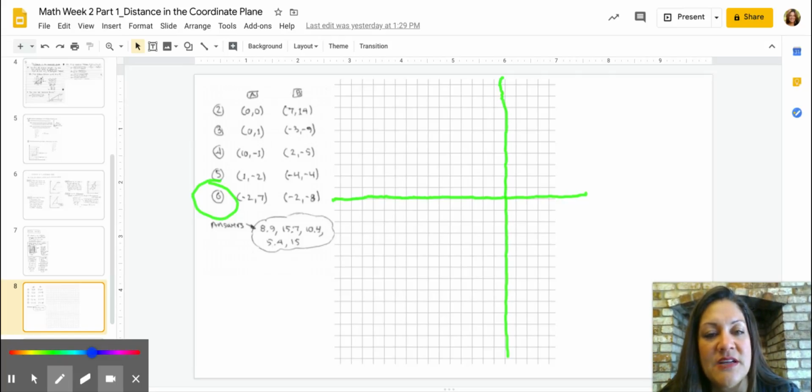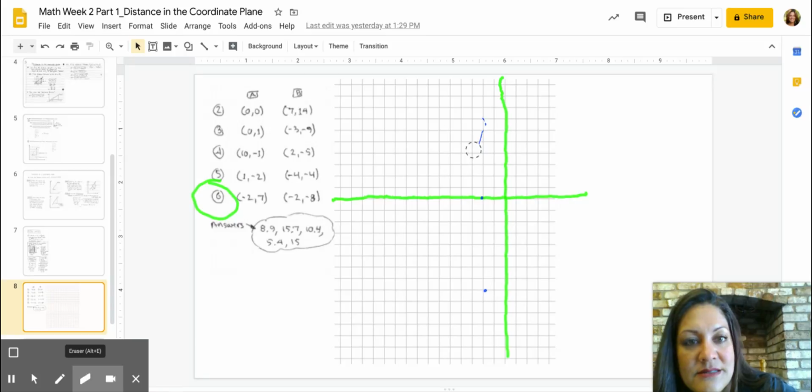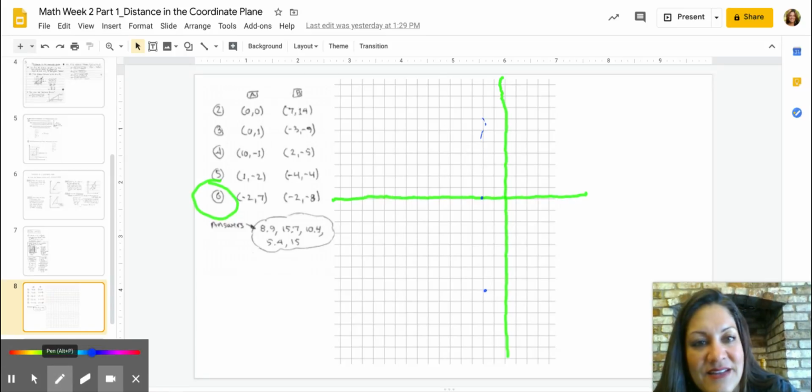So -2 comes here, and we're going to go up 7. 1, 2, 3, 4, 5, 6, 7. And then -2, -8. 1, 2, 3, 4, 5, 6, 7, 8. Well, what do you know? There we go. All right. It is